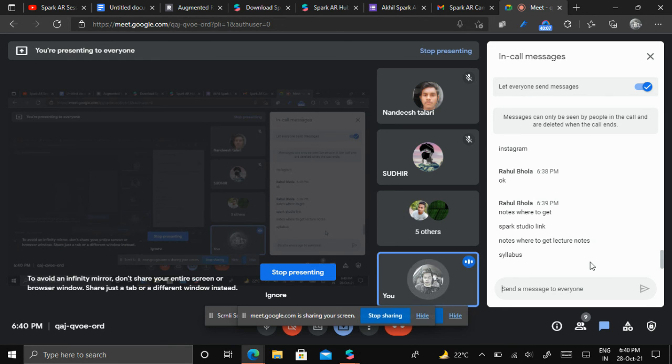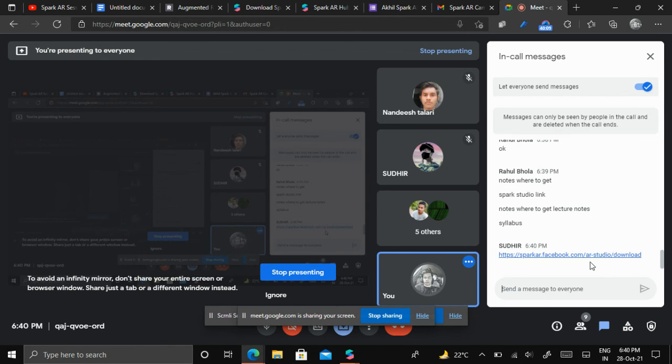Notes, where to get the Spark Studio link, where to get the lectures? Yeah, you can download this. I'll be sharing the link. I think Sudhira shared the link in this chat description. I've also pinned it in the WhatsApp group description. You can check it out there.